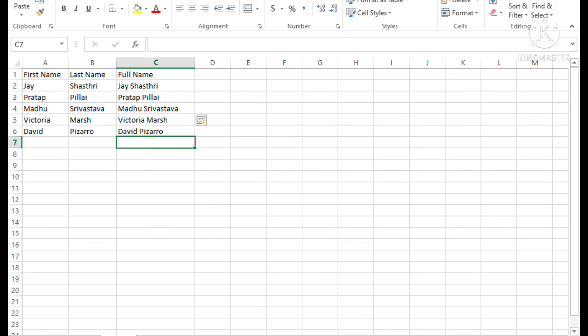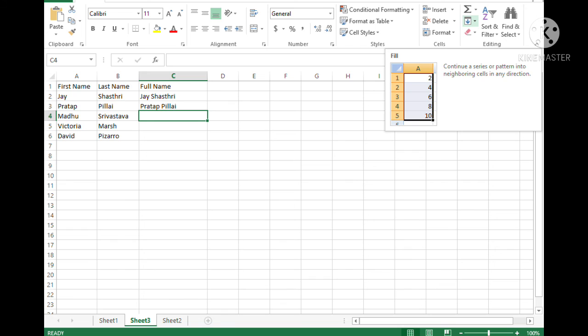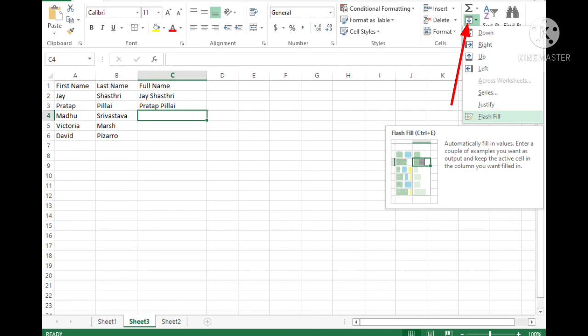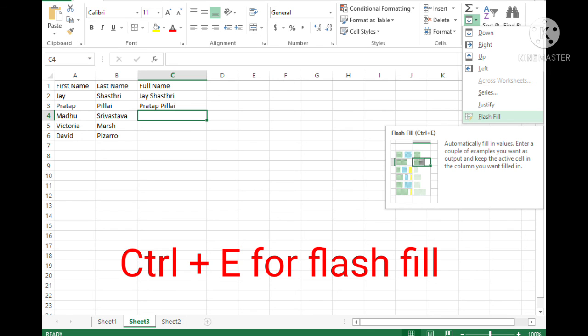Or else you can use another method. After typing the full name in one or two cells, you can click on the fill drop down arrow present on the Home tab, in the editing group, so that you can see the flash fill option. Or you can use the shortcut key, Ctrl plus E. Children, please keep it in mind.